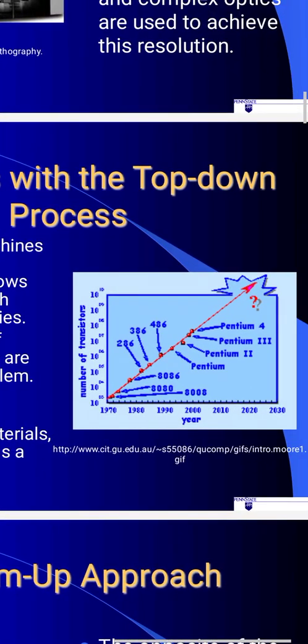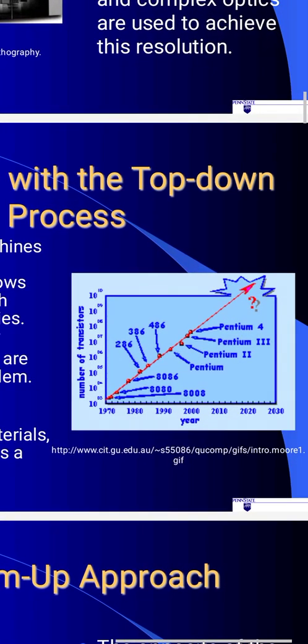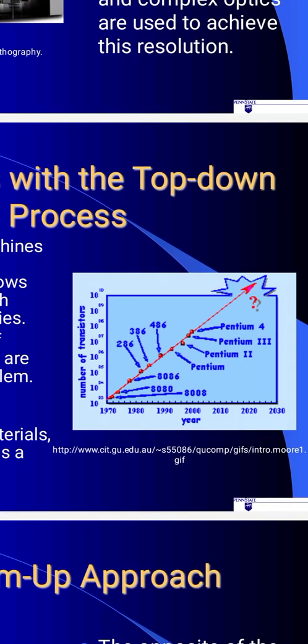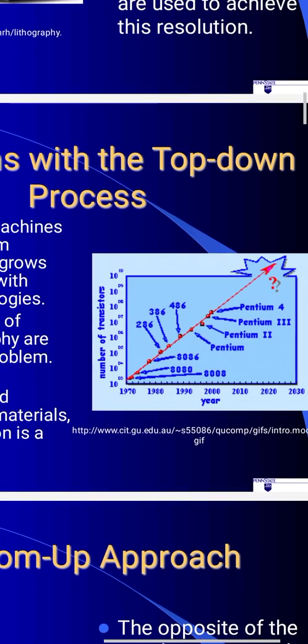And this picture is year versus number of transistors in a 1 by 1 centimeter wafer, how many transistors you can make. That is what it shows in this picture. As the years go on, the number of transistors included per square centimeter is increasing exponentially. It is increasing linearly, sorry.